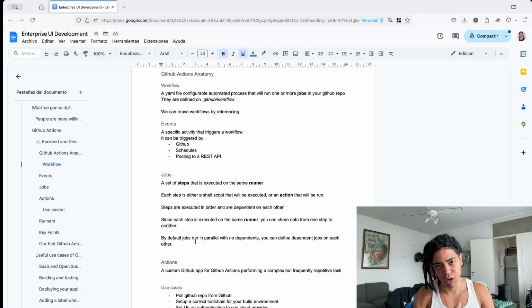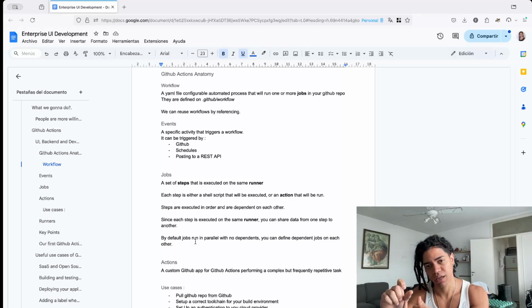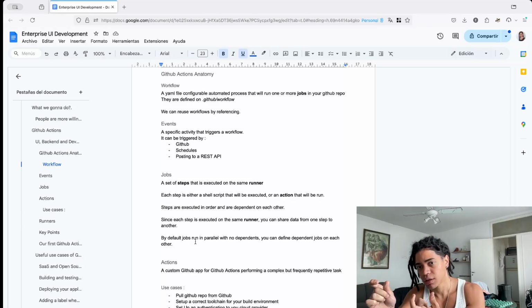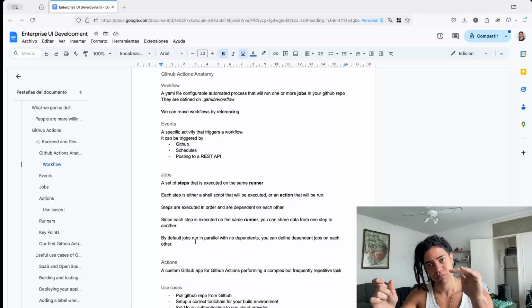So these jobs are made of a series of steps, made of steps that are executed in a runner. So these steps run sequentially,